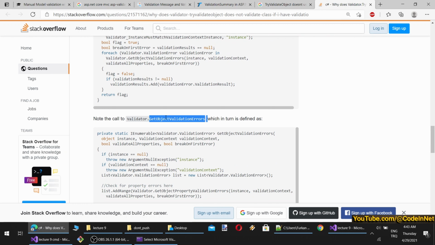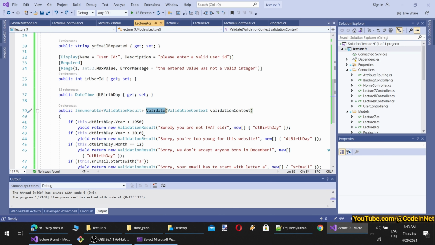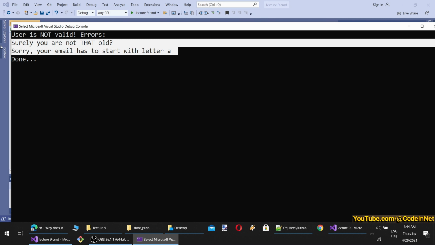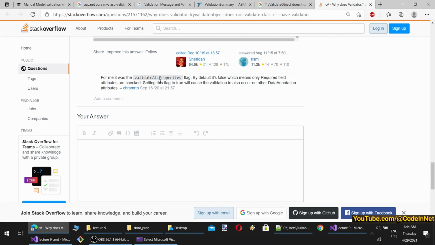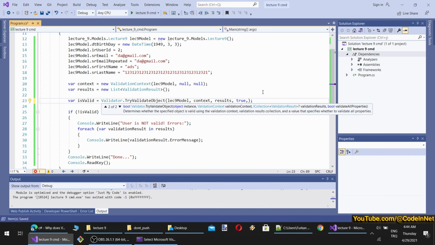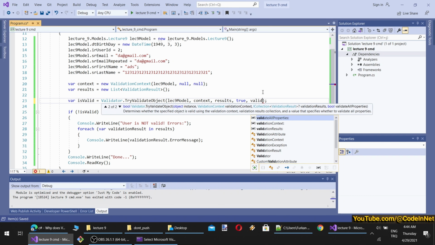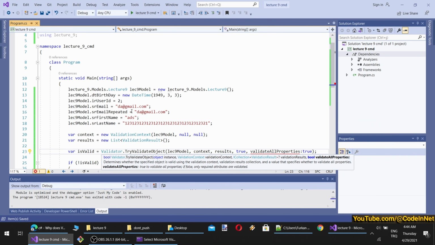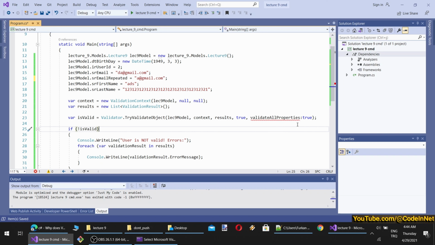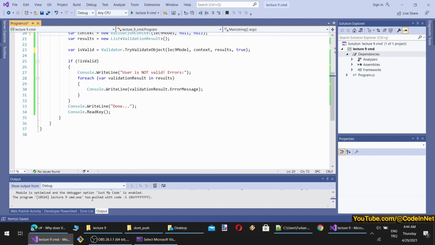So both of them are working great. If we use like this instead of try, maybe we can use another thing. Okay, yeah, now it is working fine. Yes, now it is doing further check, and it is showing the other errors as well. So there is also a validate all properties flag. I think I will use that if there is such thing. Oh yeah, validateAllProperties true. Now it should show everything. So I will make them something like this. Oh, it says we have already given that. What other options there are? Anyway, it is working as expected. So it is doing a